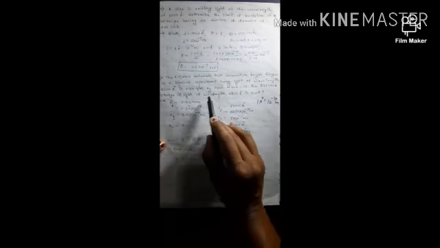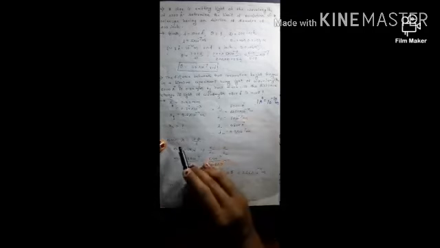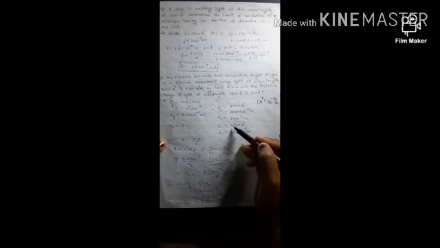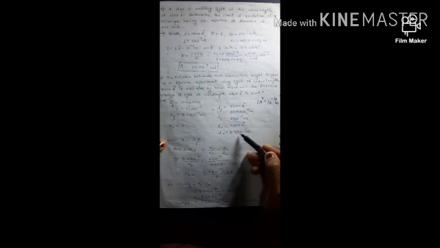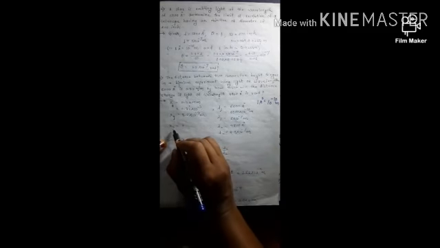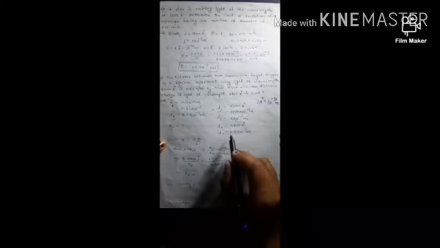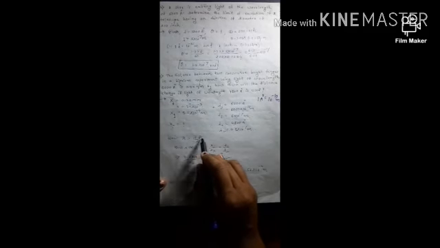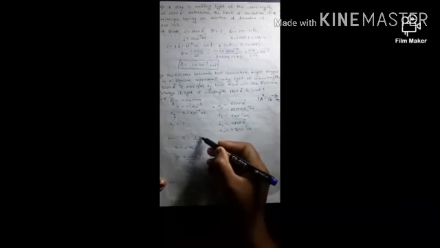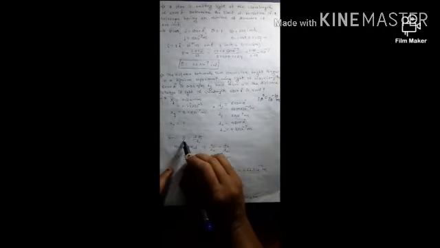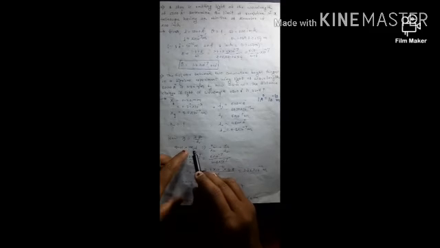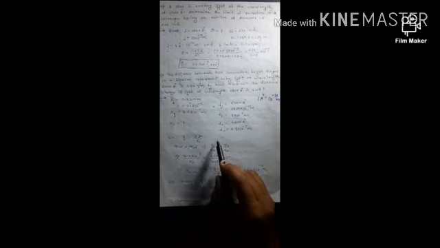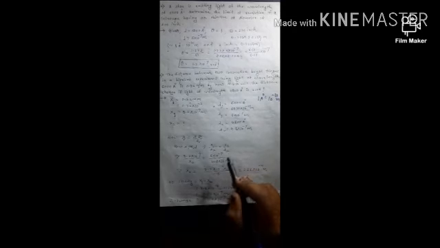So by how much will the distance change if light of wavelength 4800 angstrom is used? So lambda 2 is given as 4800 angstrom. Convert this in terms of meter, and they have asked for x2, the new fringe width when we change the wavelength of the light. So the straightforward formula, fringe width is equal to lambda D upon small d. Here capital D and d are the same, which are not given in the example. Just the relation between x and lambda is there. So fringe width is directly proportional to lambda. So we can write x1 upon x2 equals lambda 1 upon lambda 2.